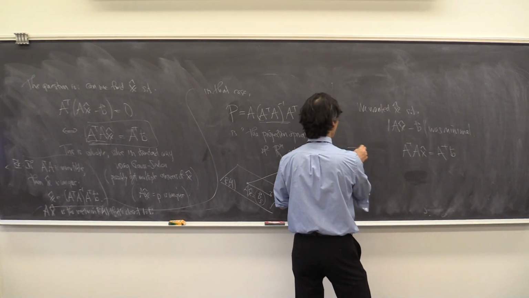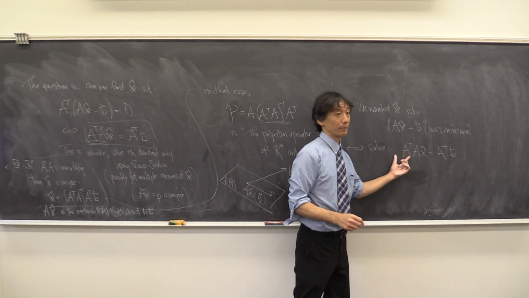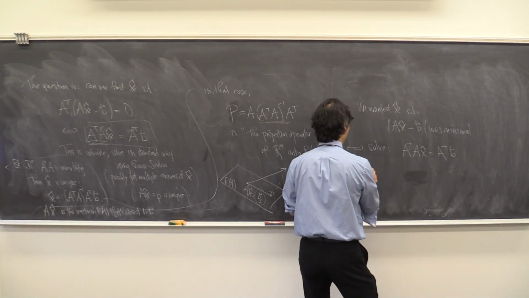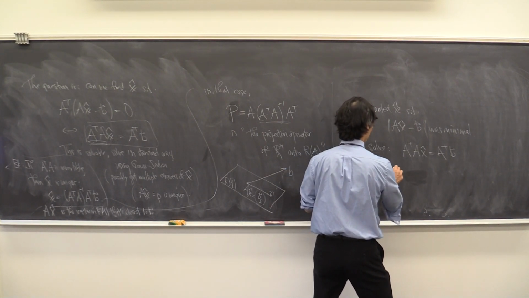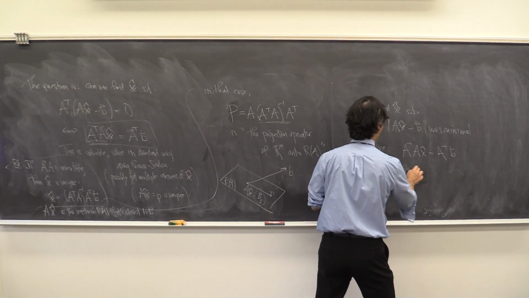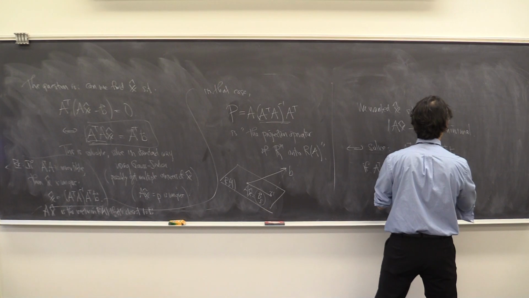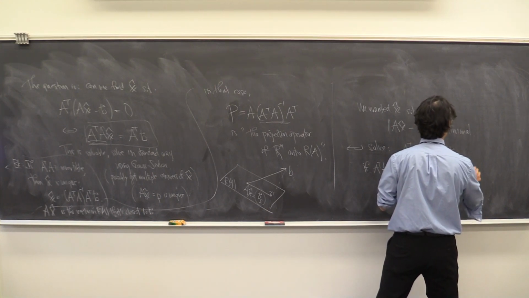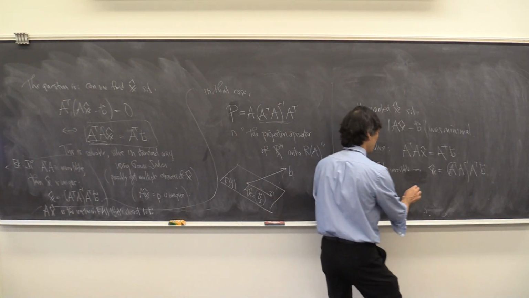So to do that, we needed to solve this, okay? If A transpose A was invertible, then x hat would be A transpose A inverse A transpose b, and